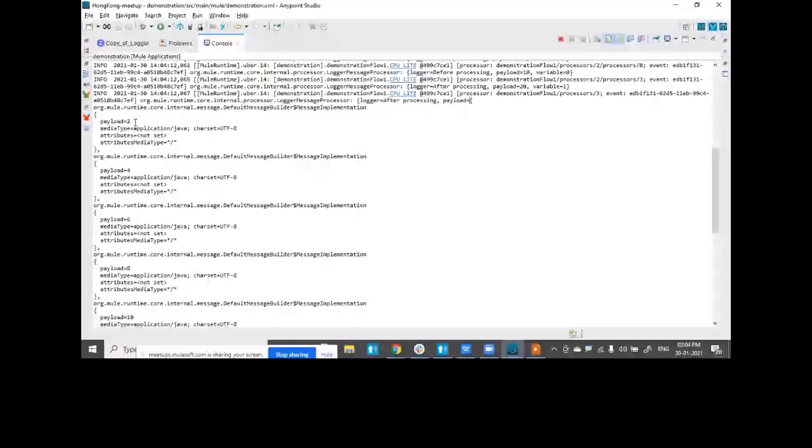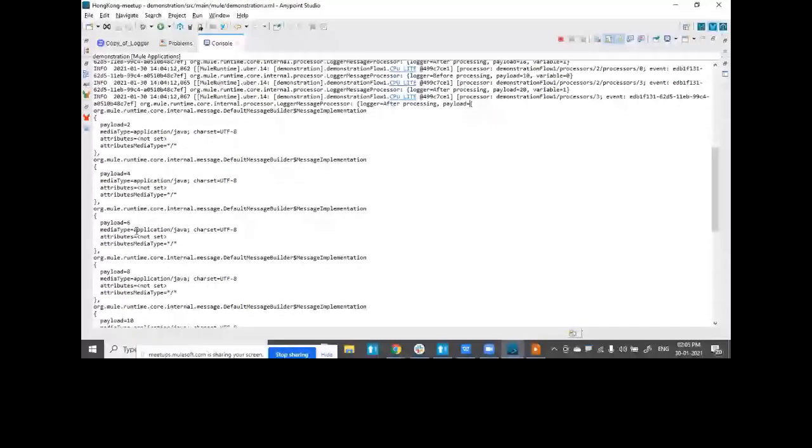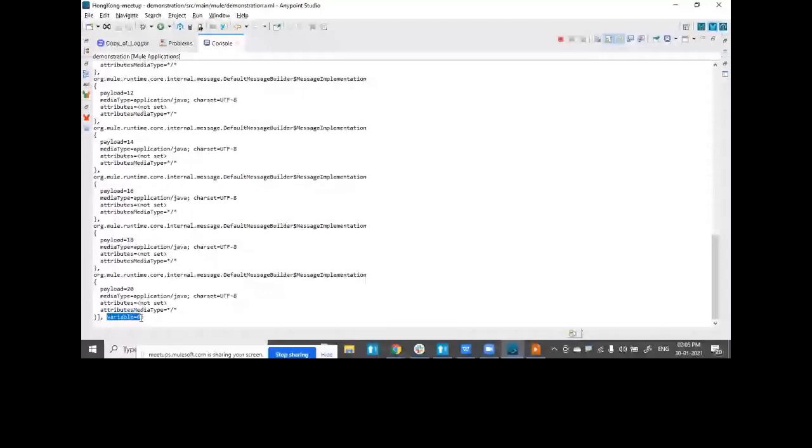If you see the final result coming outside the parallel for each, the sequence in which the data is available is still maintained. So we can talk about, let's say, 1 getting changed to 2, 2 getting changed to 4, 3 getting changed to 6, all those changes happening over here. And if I go to the final thing, which is variable, the value of variable is again reset to the initial value, which is 0.